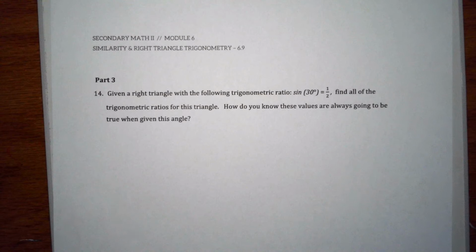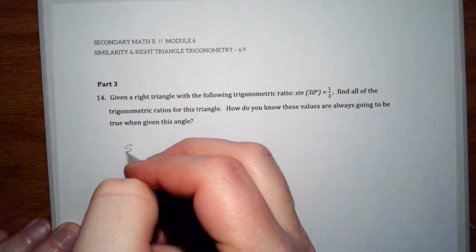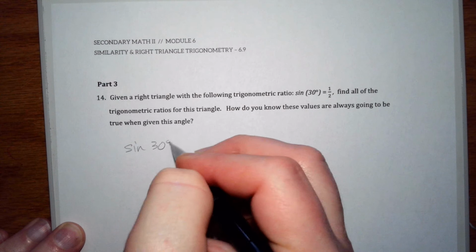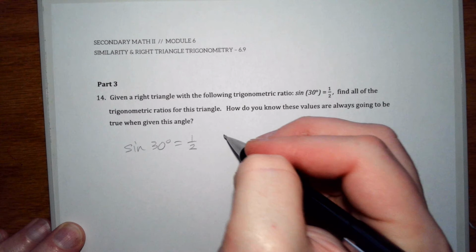Okay, so given a right triangle with the following trigonometric ratio, sine of 30 degrees is 1/2. Find all of the trig ratios for this triangle. How do you know these values are always going to be true when given this angle? Okay, so let's see here. We've got sine of 30 degrees is 1/2. And we know that sine